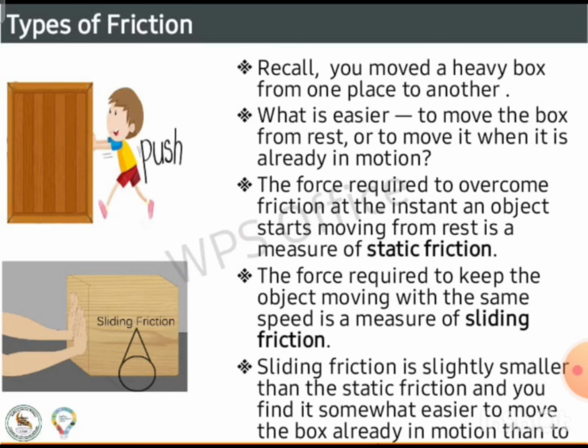Types of friction. Recall you moved a heavy object from one place to another. What is easier? To move the box from rest or to move it when it is already in motion? The force required to overcome friction at the instant an object starts moving from rest is a measure of static friction. The force required to keep the object moving with the same speed is a measure of sliding friction. Sliding friction is slightly smaller than the static friction, and you find it somewhat easier to move the box already in motion than to